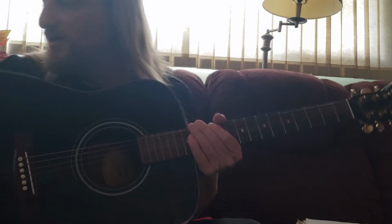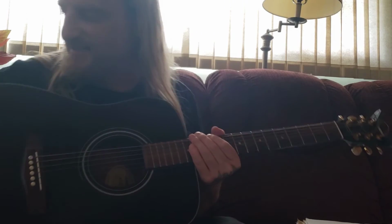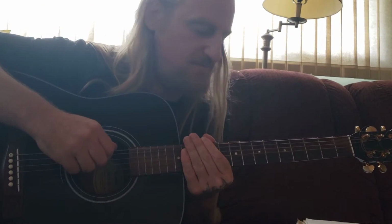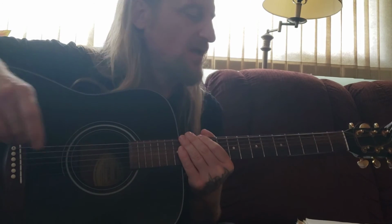The best thing you could possibly do, I would say, is go get some strings. And these can be handy for things too if you want to keep them. You can use them for lots of stuff. But anyway,